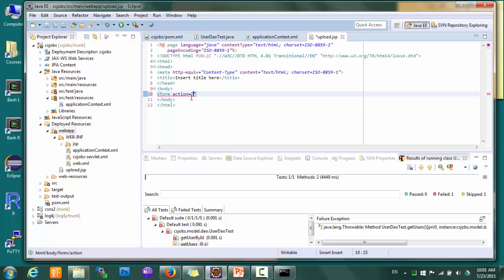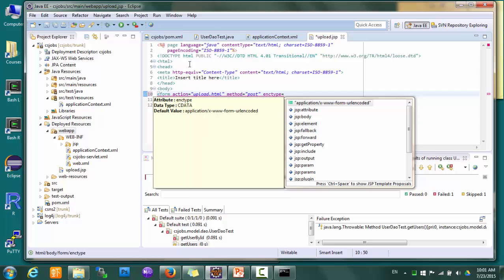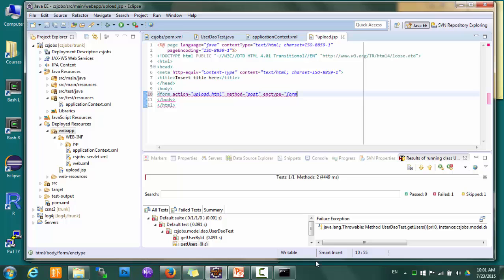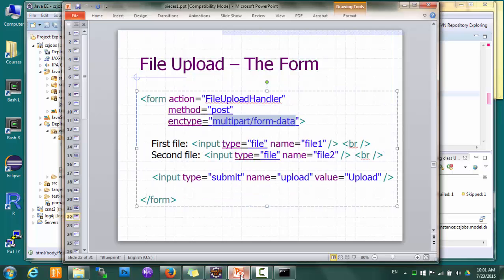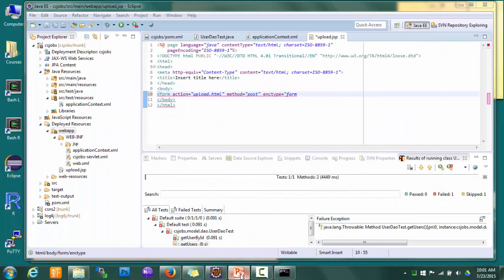The action will go to a URL called upload.html, and the method, of course, needs to be post, and there needs to be something called encoding type, and then what's that called? Multipart/form-data. So it's multipart/form-data,